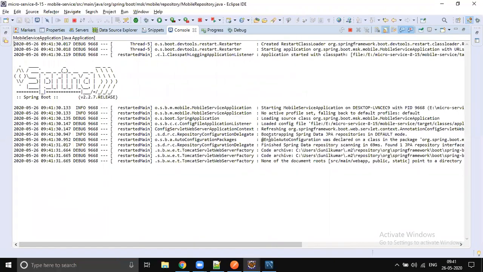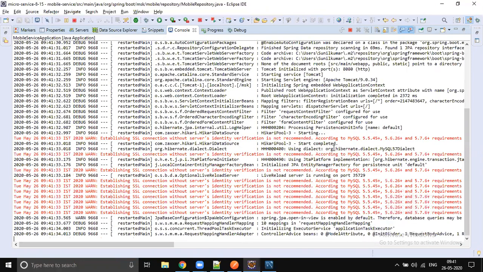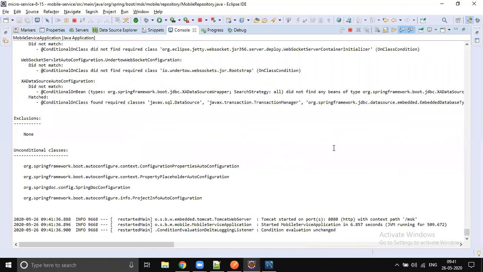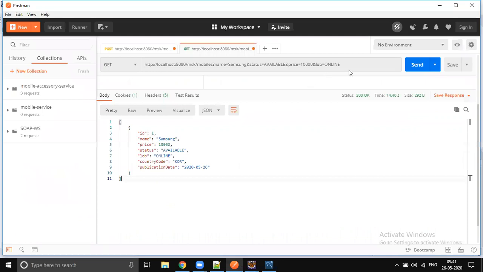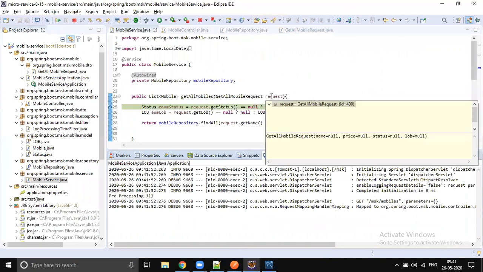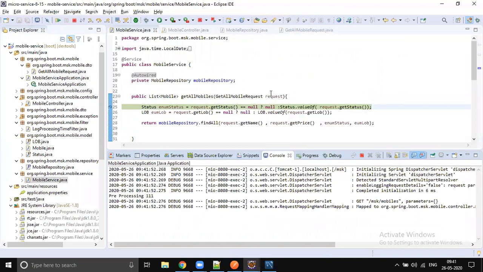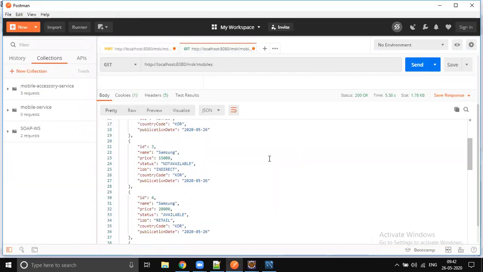look at the console. If there is any exception, then we need to take care of that. If there are no exceptions, I think it's going good. No exceptions this time. So the problem was how we configured it. It started good. Now let's go to Postman and remove the filters and check. It should work, right? There we go. No filters, no data. Let's remove the breakpoint. Yes, working fine.